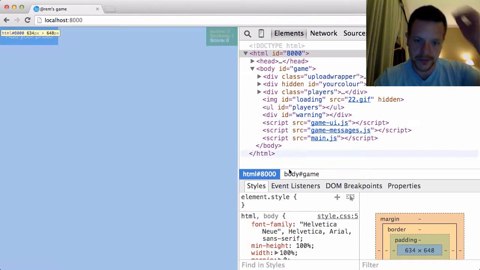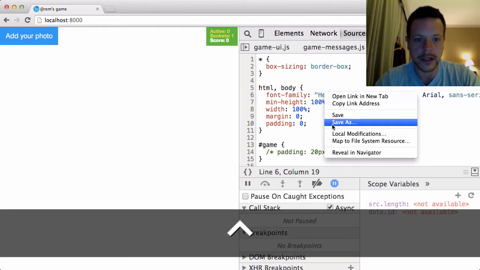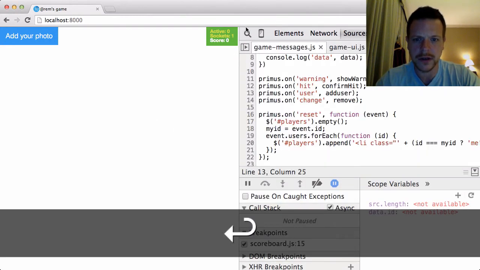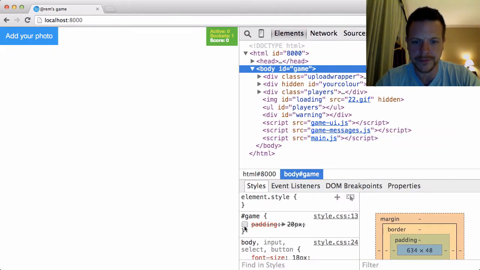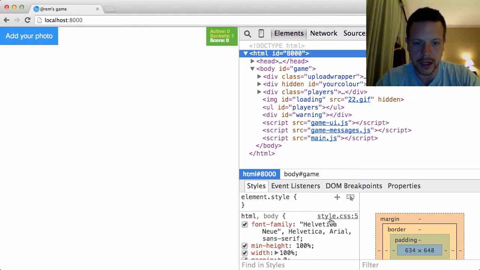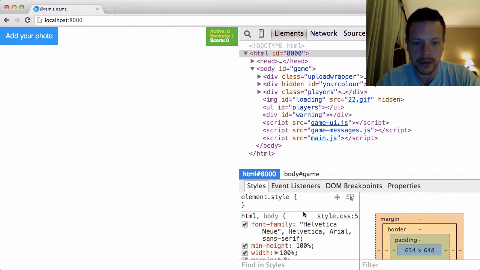So the first thing is this style sheet isn't really linked up to the file yet. I need to map that. I tend to find that even though this restarts, when I inspect and make a little change, sometimes that just prompts me to save, but who knows. Right, so I can't just add an inline style down here via the inspector, because it'll get lost. I mean, I could,